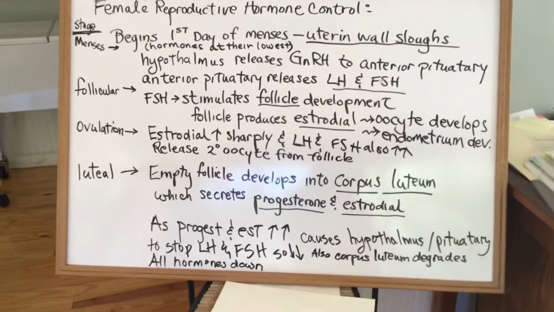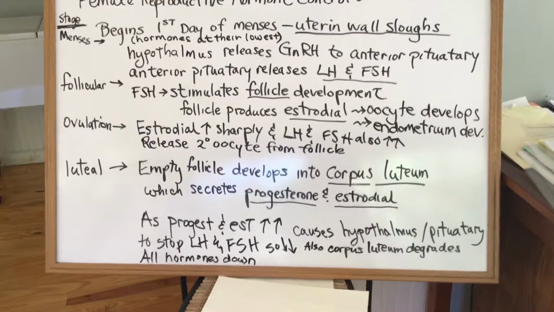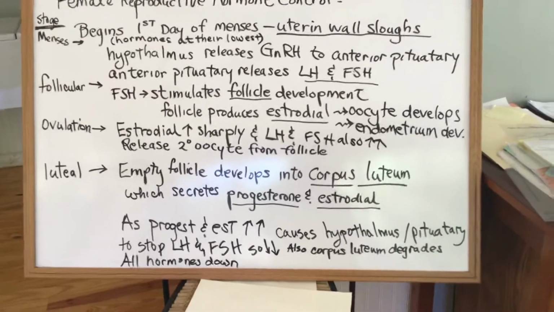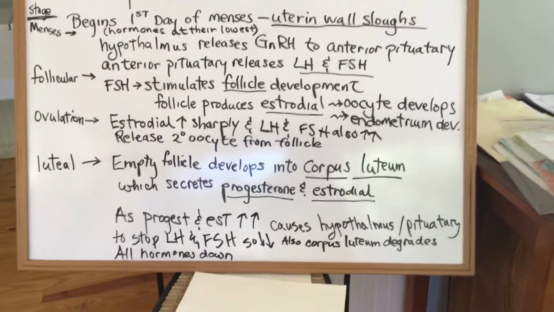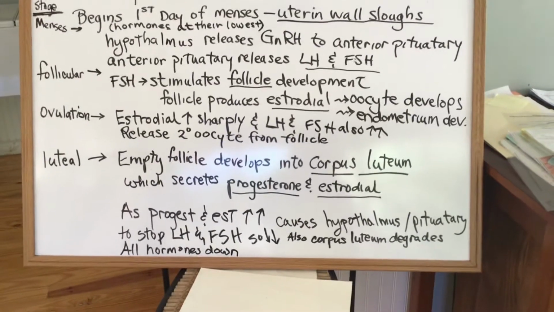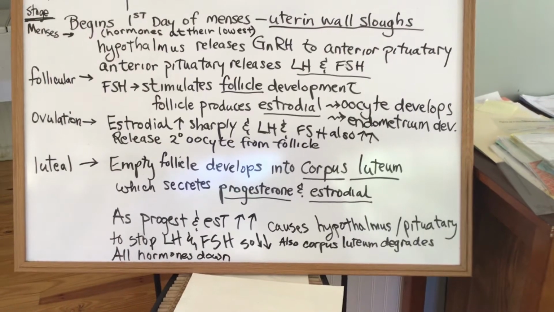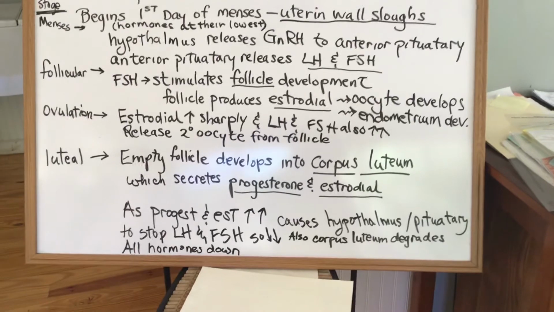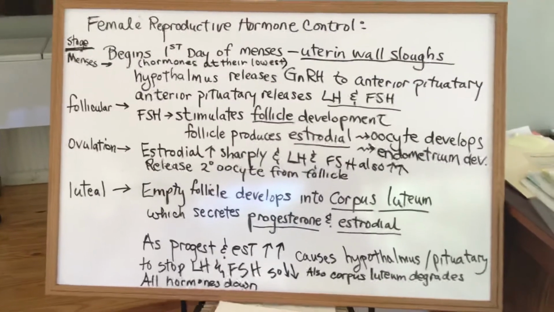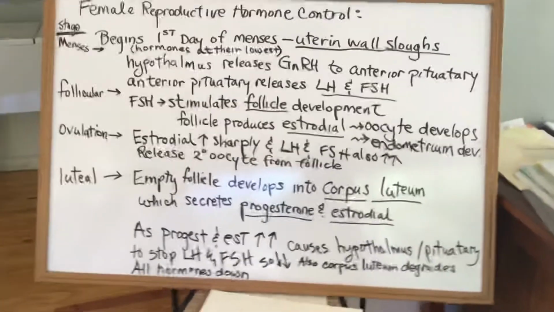And then after that, the follicle will develop into the corpus luteum, which secretes progesterone and estradiol. And what that does is stimulate the hypothalamus, well, actually the pituitary gland, to stop producing LH and FSH. So they go really low. And then the corpus luteum will also decline, and that will stop producing progesterone and estradiol. So all the hormones will be at their lowest, and we start again. That is, the hormones are at their lowest, and the uterine wall will slough. Okay, so